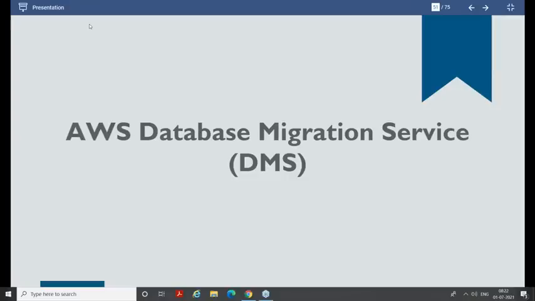Everyone? It is homogeneous. Agree with me? If I'm moving from MySQL to Oracle, or MySQL to Aurora, MySQL to PostgreSQL, MySQL to MariaDB, or any other database to any other database, my source and destination database engine types are different. That is homogeneous or heterogeneous? That is heterogeneous.